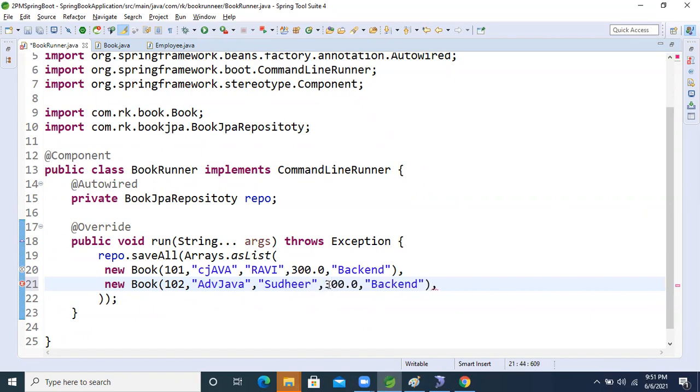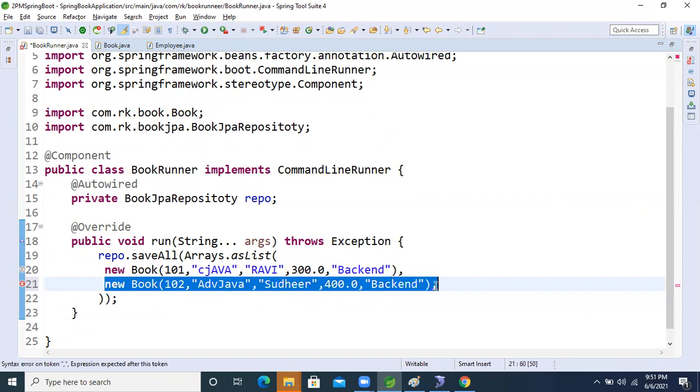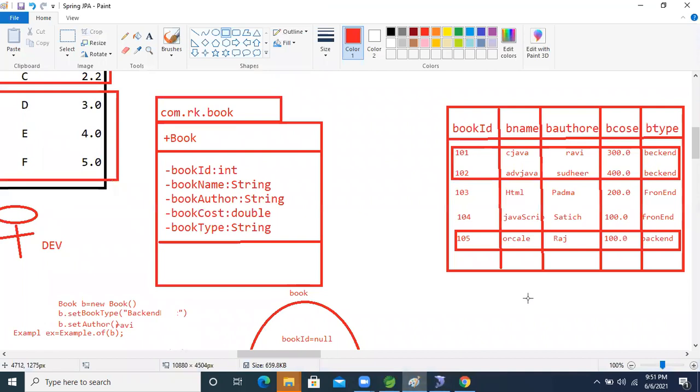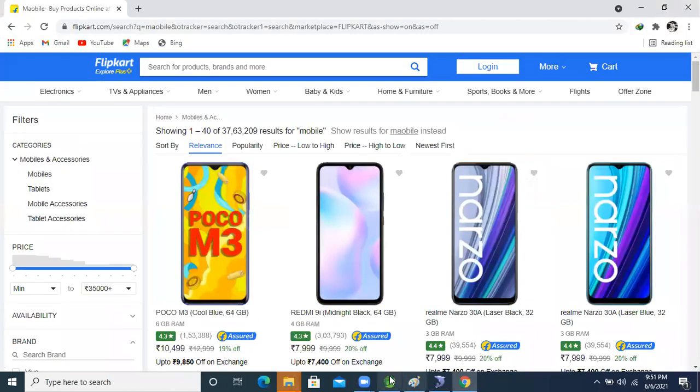Sudhir. Okay. 400. Backend only. Copy this one, paste it, right? And here what will be there now? Sudhir, backend. These two are done. Okay, HTML, Padma, and front end, right?